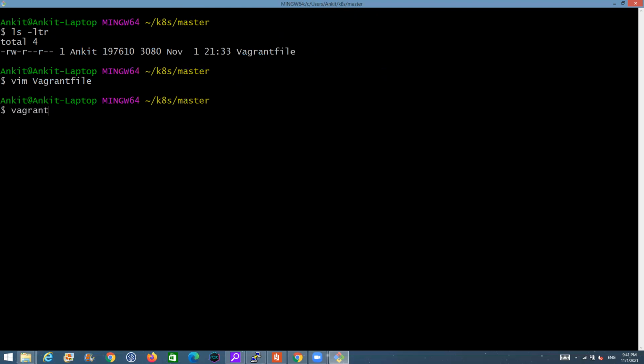Now, once you run the vagrant up command, it's going to actually look for this Vagrant file and read the configuration. After reading the configuration, it will get that you want to run CentOS 7.5, so it's going to download the image. Now, in my case, the image is already there on the machine, so it's not going to download that image again. It's going to use the image which is already there on my machine. Okay. For the first time, if you don't have the image, it will download it. Next time, it will use it from your machine.